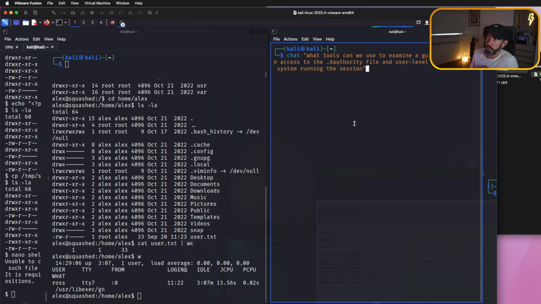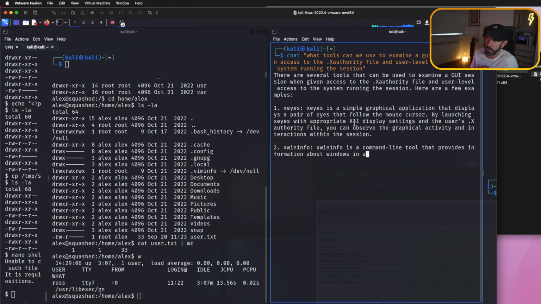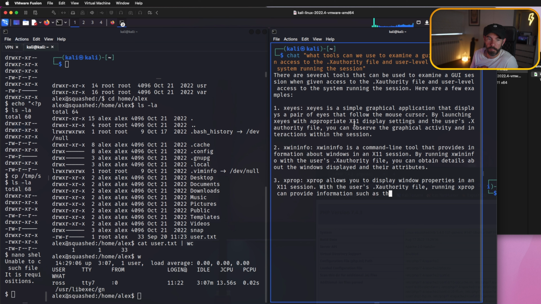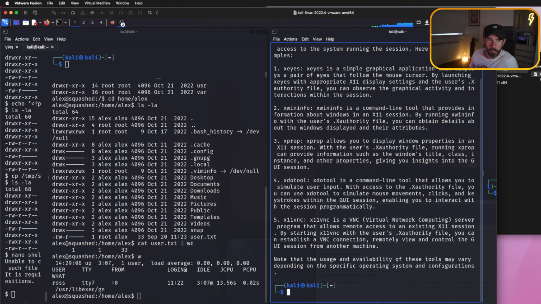And we're asking what tools can we use to examine a GUI session given access to the .Xauthority file and user level access to the system running the session. So you can see now we're getting an answer in the terminal from ChatGPT. It's saying there are several tools that we can use, and it's going to list those off one by one now. You can see the second one it's given us is xwininfo. And that's finished now, giving us 5 different ways that we can interrogate the live GUI session with that .Xauthority